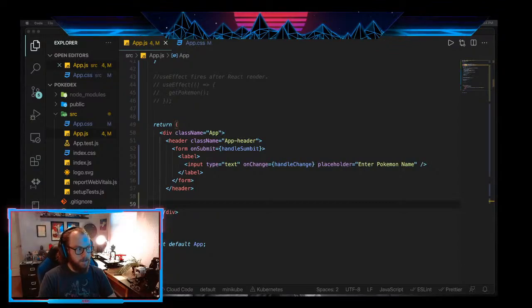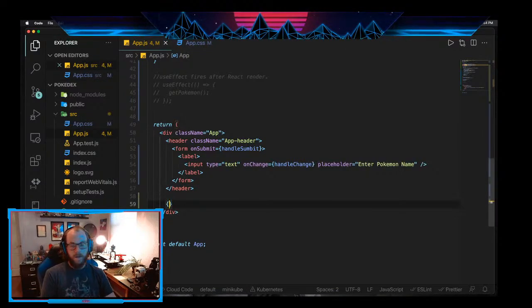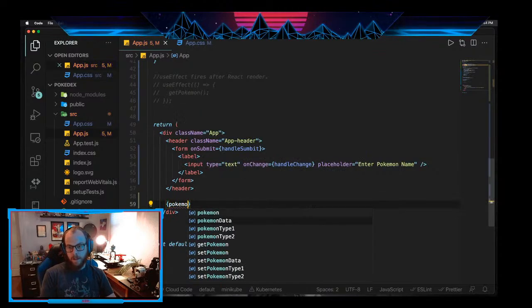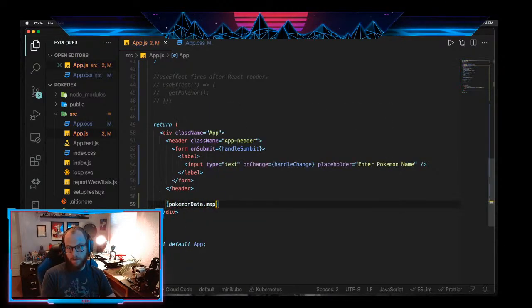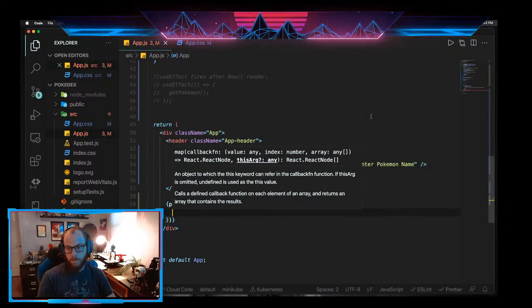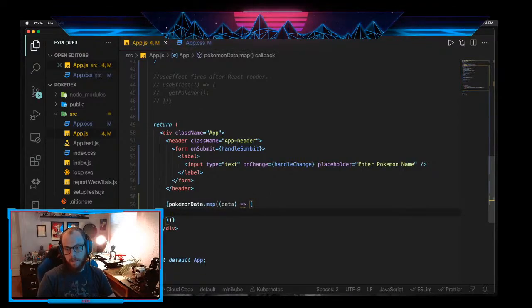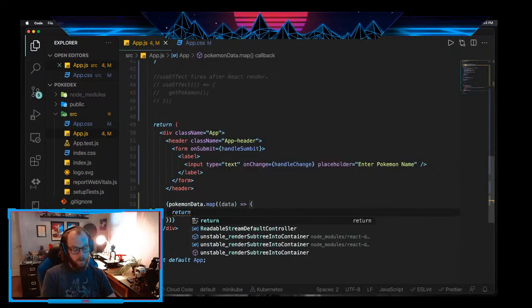I don't like the way that he's doing this, so it's fine. I can figure it out. What we're doing now is what? pokemonData dot map the data. What I'm doing now is I'm creating an environment for the data to be fed to. Watch. So I'm taking that data input and then putting it where? pokemonData.map, and then I'm taking the actual data itself, and then I'm going to return